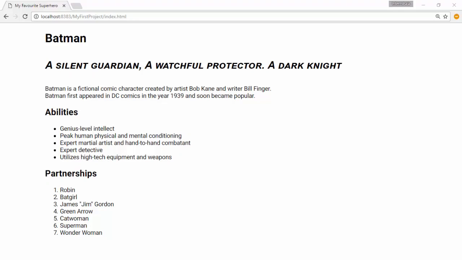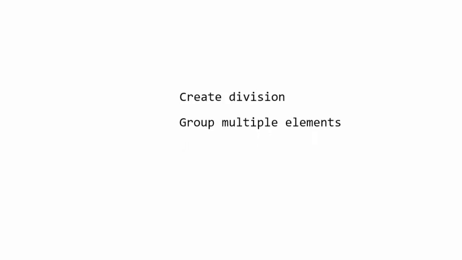One can create layout using tables or by using divisions. Divisions are more popular way of creating layout. In this lesson, we will learn to create div. Div tag helps you in multiple ways. It helps you create division, that is, creating a section within your HTML document. It helps you group multiple elements and then use CSS to style them. Web developers often use div tag to create layout for the web pages.